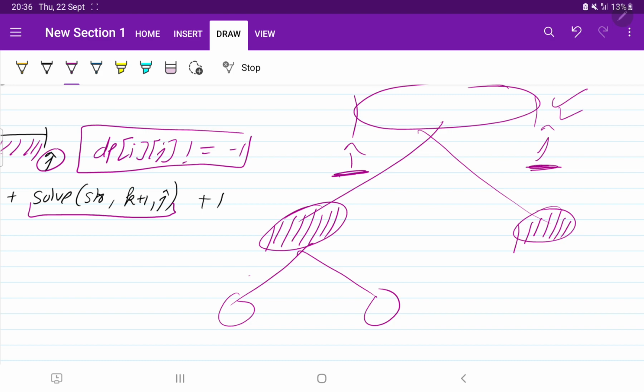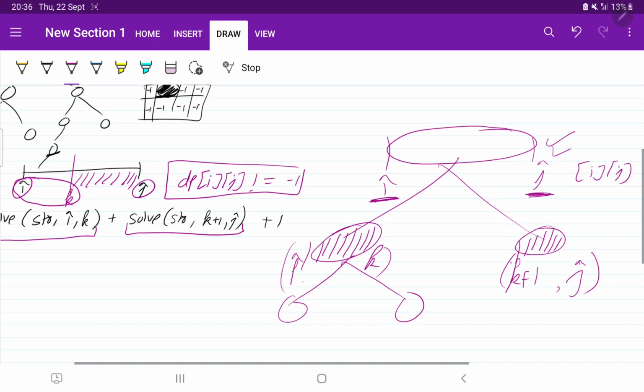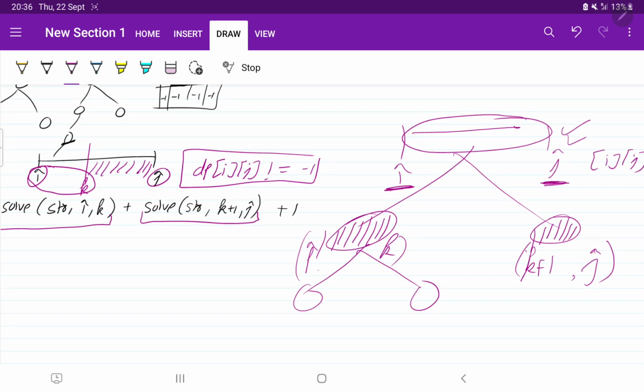So I want to say that instead of only checking for i to j, we need to check for i to k and then k plus 1 to j. So we have further optimized the solution. Suppose this is for the entire string. Here you checked whether the entire string is a palindrome or not, solved or not. Then we were doing two recursive calls. There might be a possibility that one of the recursive calls is already solved, or that both of them are solved.